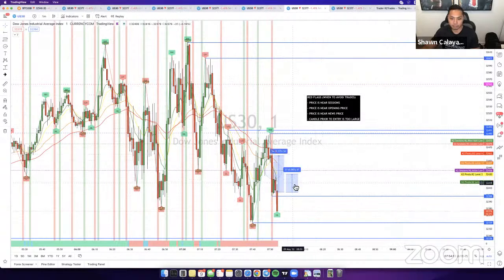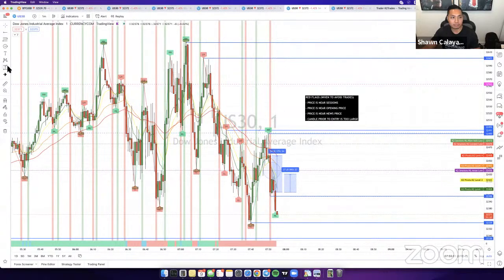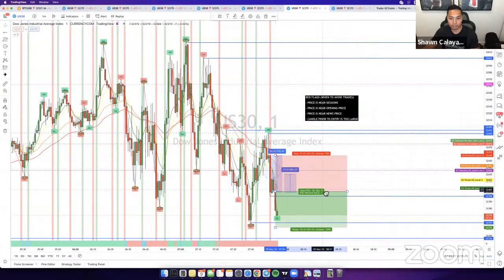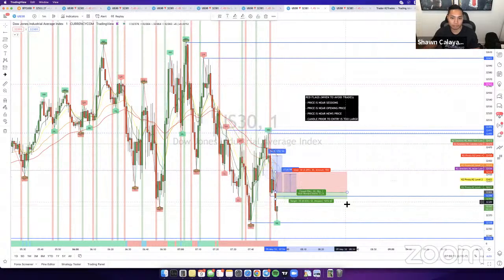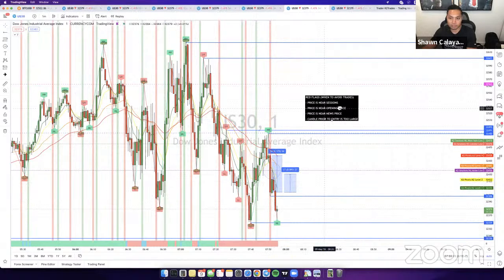So going back to this trade right here, as I mentioned. Look how I marked it up, right? I mentioned price was going to come up, retrace, and come back down. This is where I would enter a late entry. For example, I wouldn't enter right here, but if I entered late right here, I would have gone straight into TP. Which I could have done, but as I mentioned, I'm not looking to take anything risky. So I was just sitting around and waiting for something better to come along. But if you guys did take this trade and waited for it to pull back, then you would have made TP off this.